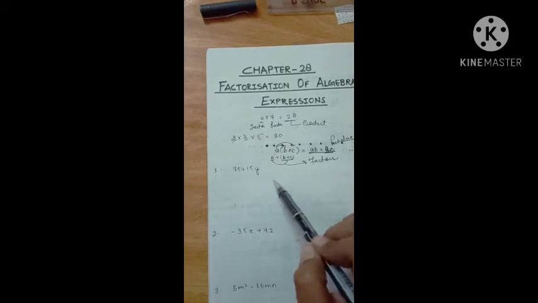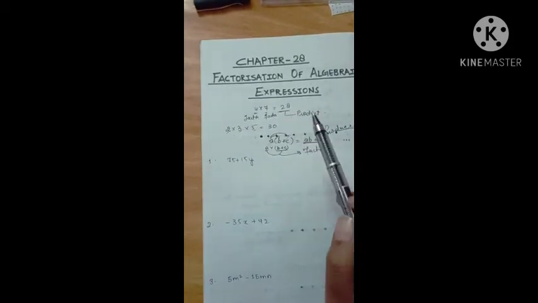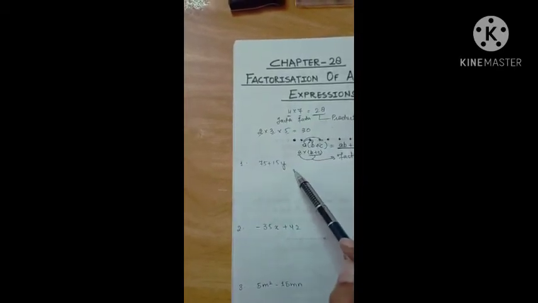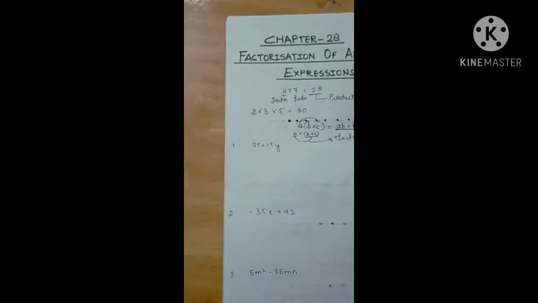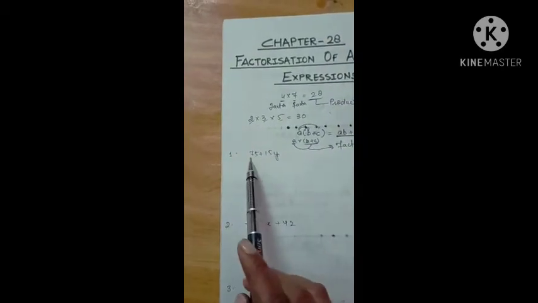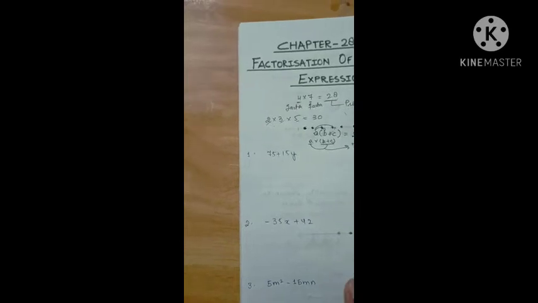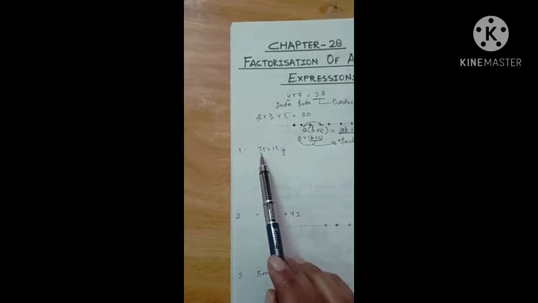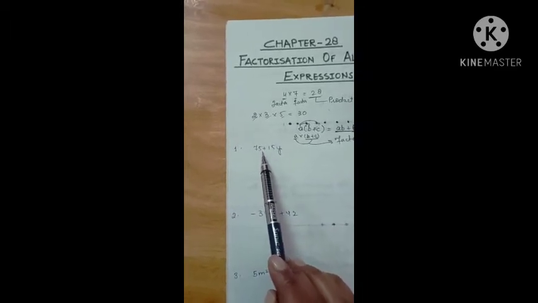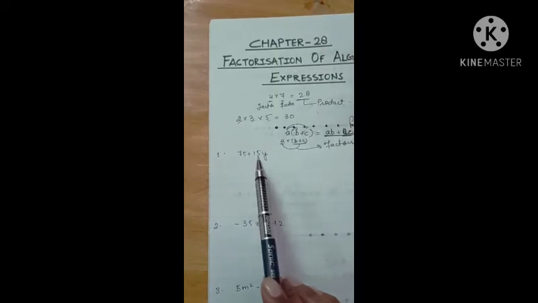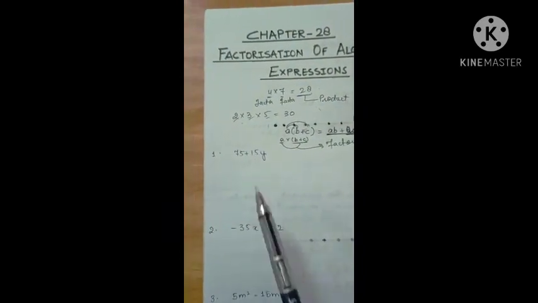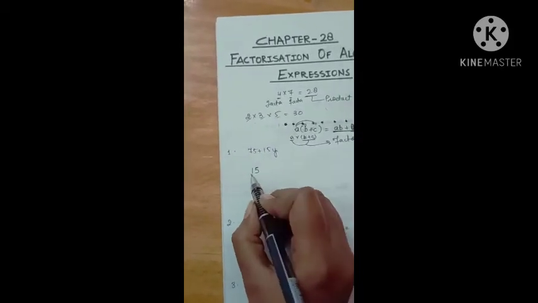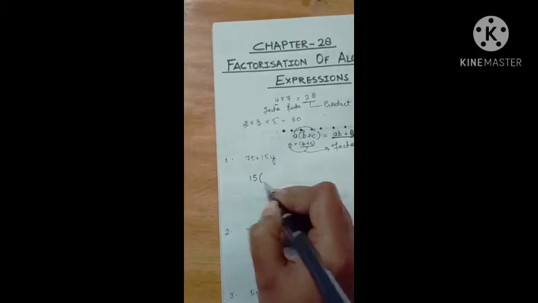So this is the polynomial and here we have to factorize. So what we do, we take out the common factors from this polynomial. Common factors, you all know the meaning of common, which comes in this term also and in this term also. So here the common is what? Here you can see 75. We know that 15 5 times is 75 and 15 1 times is 15. So here the common factor is 15. So we take 15 common here, then we make a bracket like this.